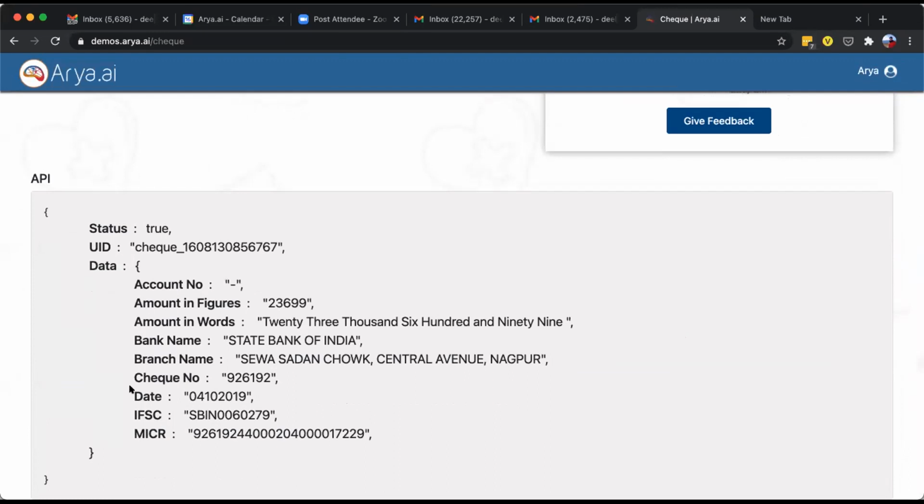This is what the whole API looks like. We project this API to the particular application or to any other internal system. This is the output of the AI, and after this we apply the business rules as we discussed, like the amount and then the conference code. Of course, we are not displaying the conference code here just for demo purposes, but when we actually deploy it, every check has a conference code.